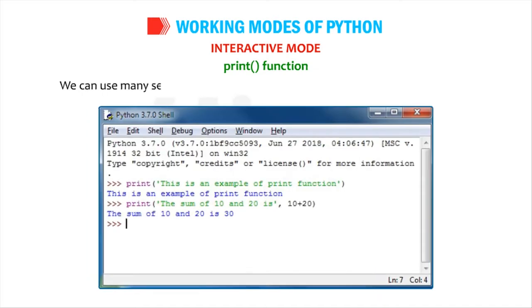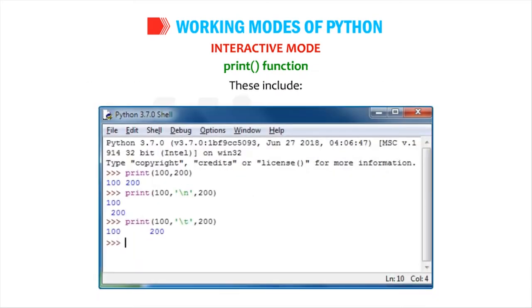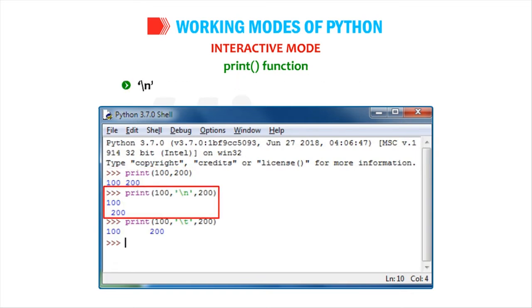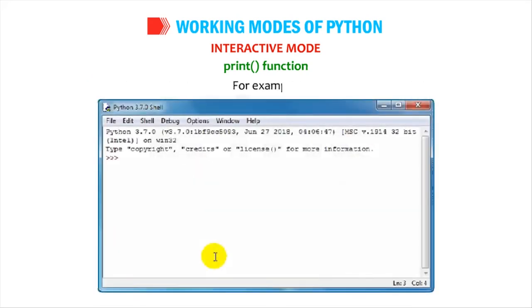We can use many separators with the print function to format the displayed result. These include comma, to print the next value after a space; \n, new line, to print the new value in the next line; \t, tab, to print the next value after a tab space. One tab equals 5 spaces. For example,